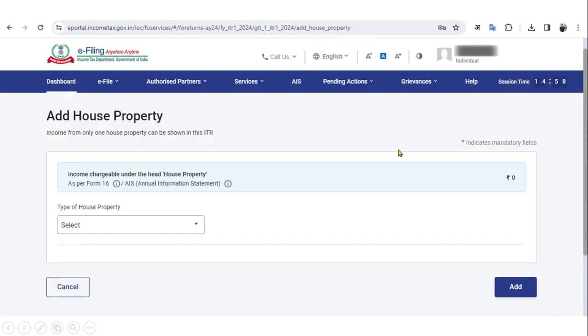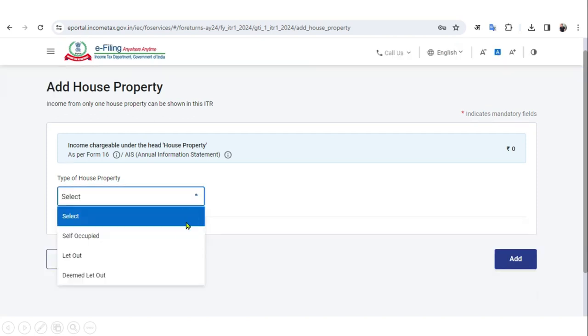So then you will see the type of house property. There are 3 options. First is self-occupied. Suppose you buy a house or construct a house and you self-occupy this house, which means you are not going to let out that house. Then this option will be chosen. So you will choose self-occupied and simply